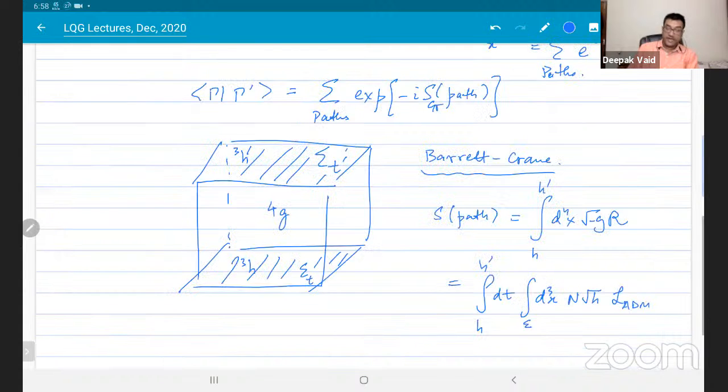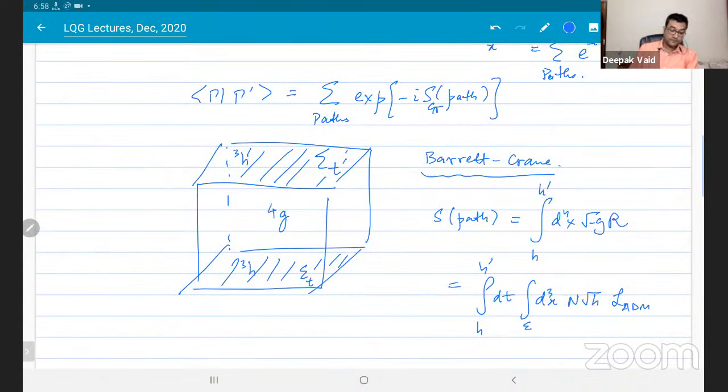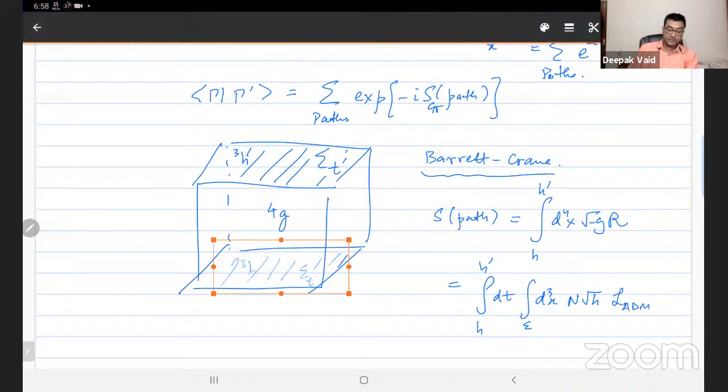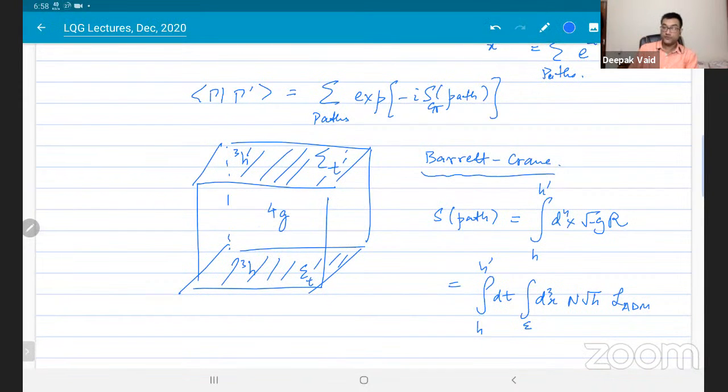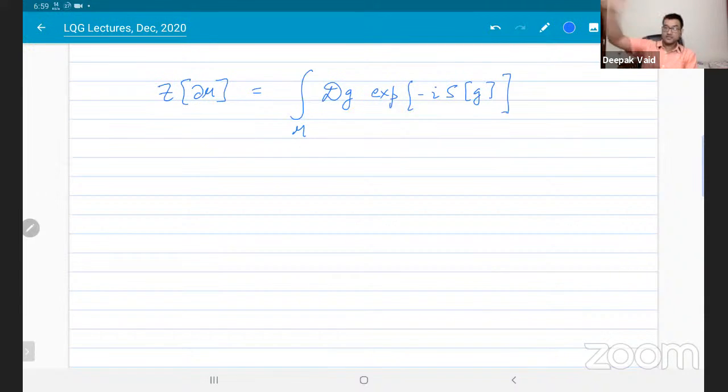Now, in this spin network picture, how do you fix the geometry of the boundary? You fix it by specifying the spin network state in the past and the spin network state in the future. For the time being, assume that you can ignore whatever happens at time-like infinity. So let's just assume that we have two very large